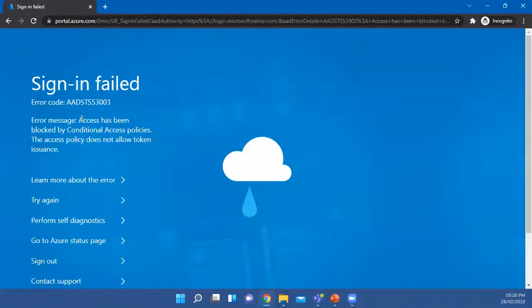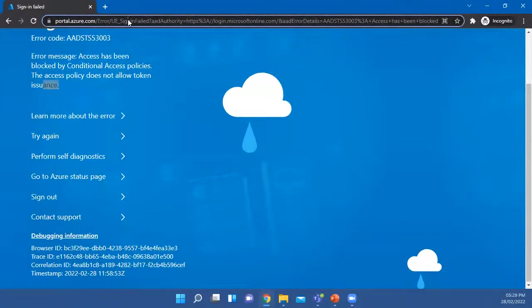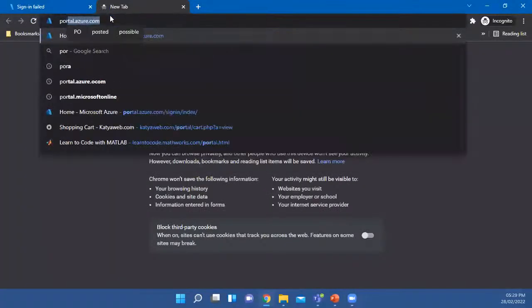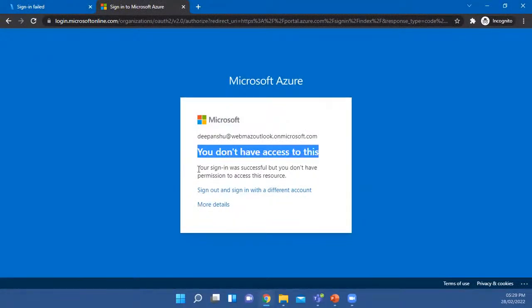And here you can see the access has been blocked by conditional access policies. The access policy does not allow the token issuance. So here you can see the conditional access policy is applied. If I'm trying to open it once again, that is portal.azure.com, you can see you don't have access to this. Your sign-in was successful, but you don't have permission to access this resource. This is why, because the conditional access policy is applied over here, and I have restricted that user from accessing